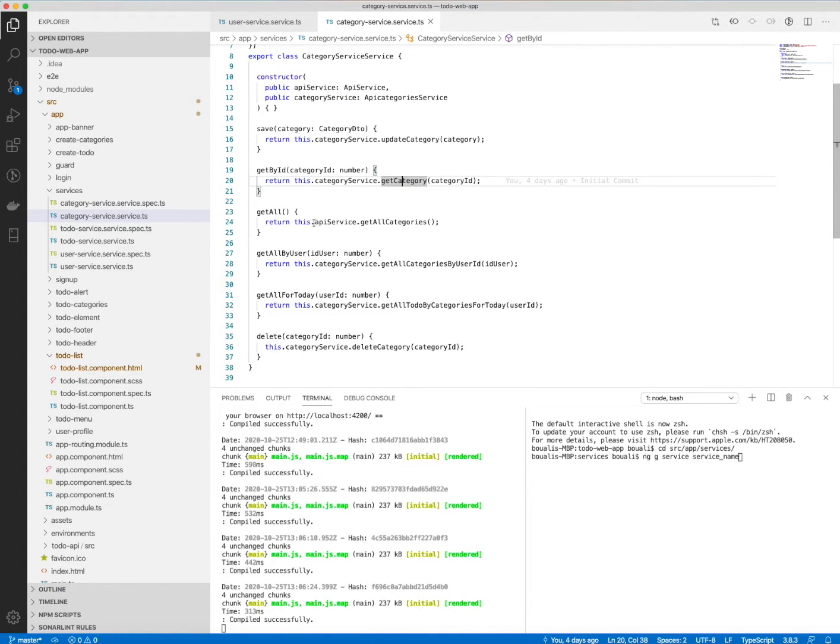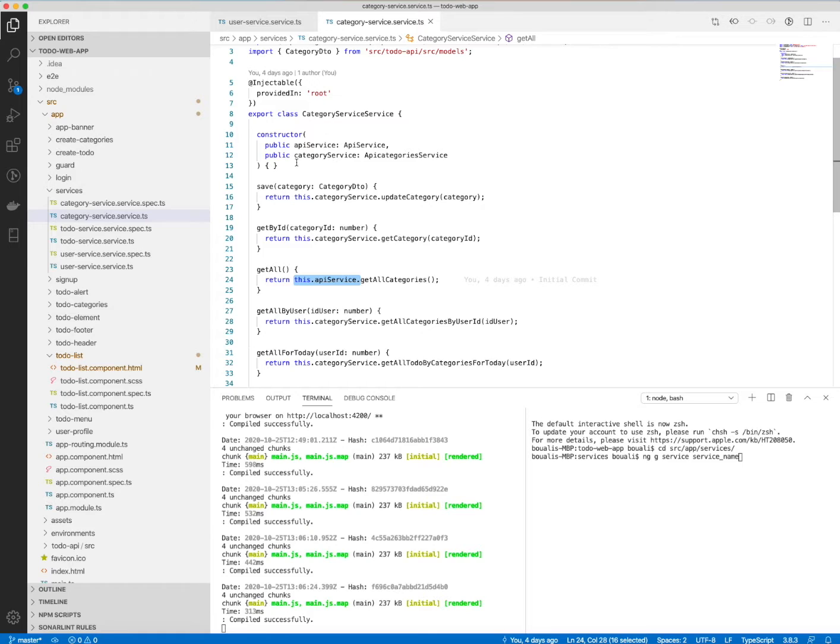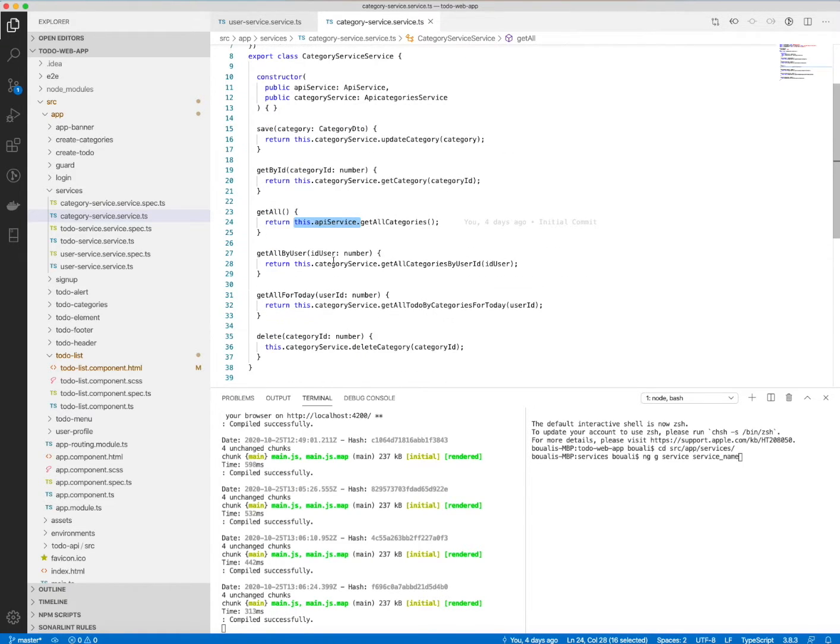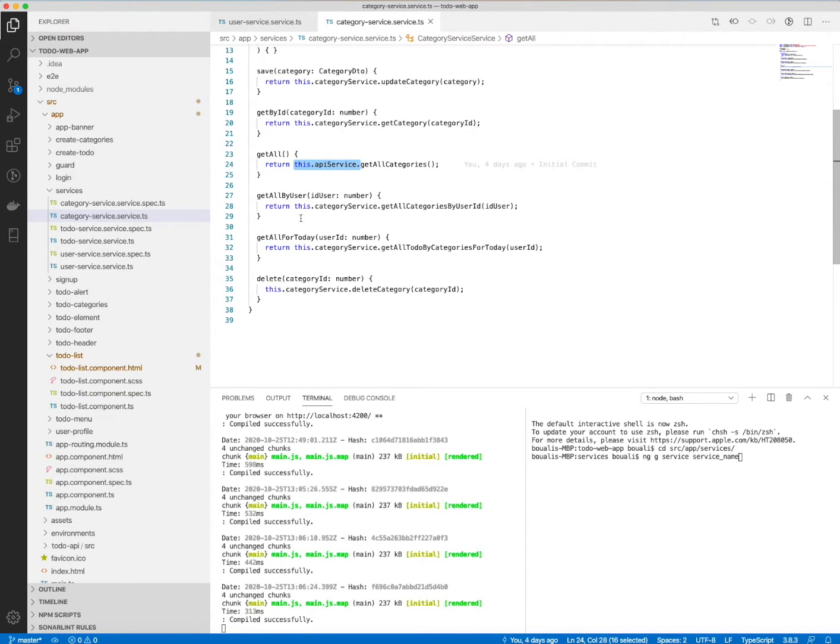And get all, it's from the API, because when Swagger generated all this, it was stored in the API service. And we have also those methods, which are get all by user, get all for today, and this delete method also. So you can add all the methods you want to do.